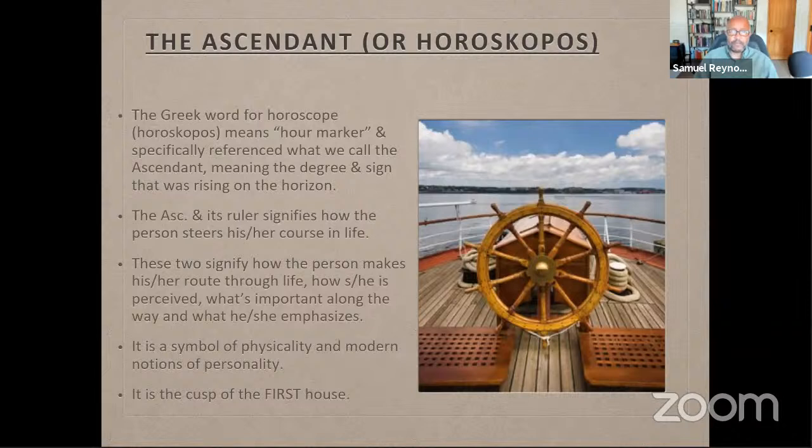It's also the symbol of one's physicality, your actual sense of being. And when I say being, your body and physicality, and the modern notions of what we call the personality, how others may see you. So for instance, if you're a Leo rising, but your sun is in Scorpio, some may guess you're an actual Leo because you seem sunny and lively and fun and even have a certain regal sense about you, but you're a Scorpio, right? And that's more, again, going into the depths of your sun sign, but this is what you convey or seem to show others. This is often, again, the cusp of the first house. So this is the first angle.